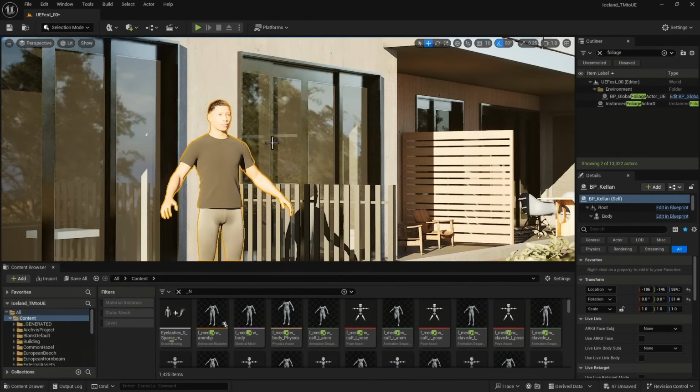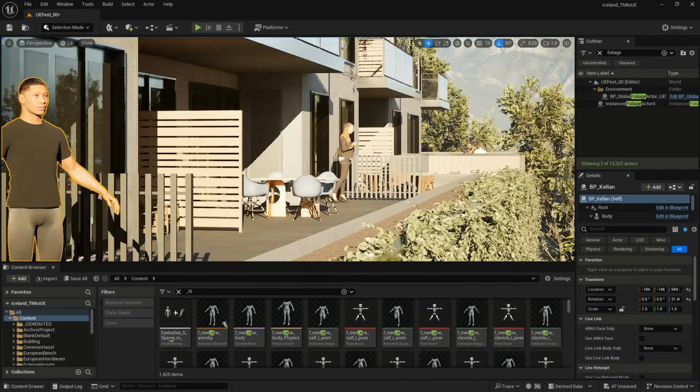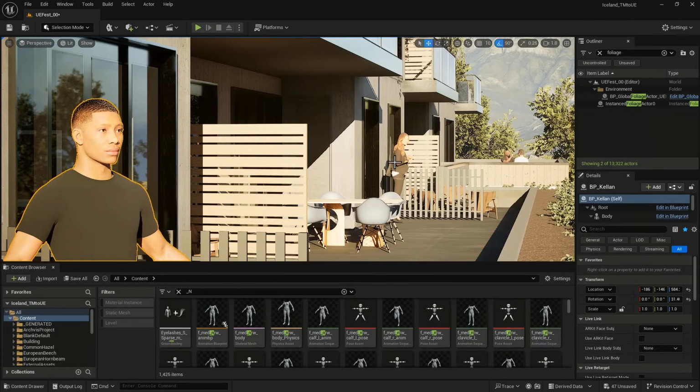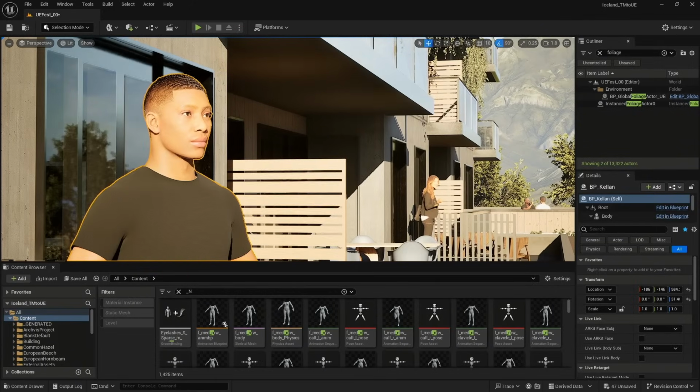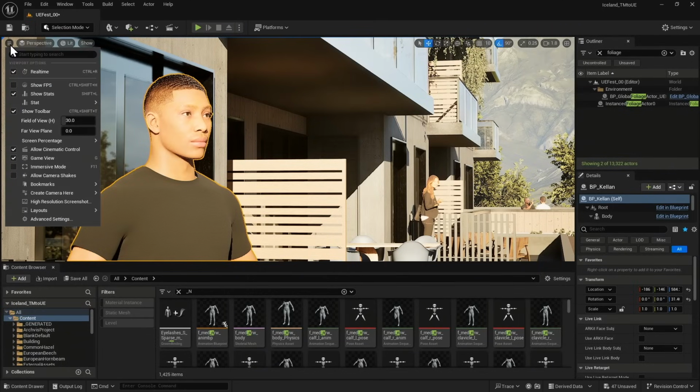So here with my MetaHuman, I'm going to set the viewport up to a camera that I would like to create. I want this person to be in the foreground, and I want a little bit of architecture in the background. This viewport looks good. What I'm going to do is go over to this top left icon, and I'm going to go down and